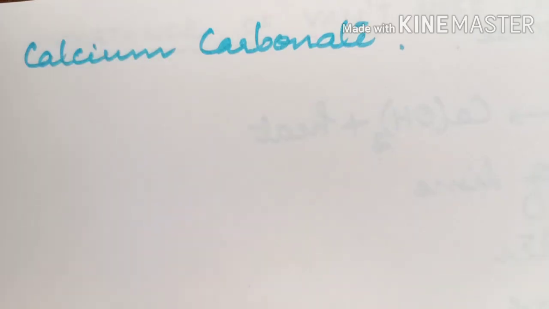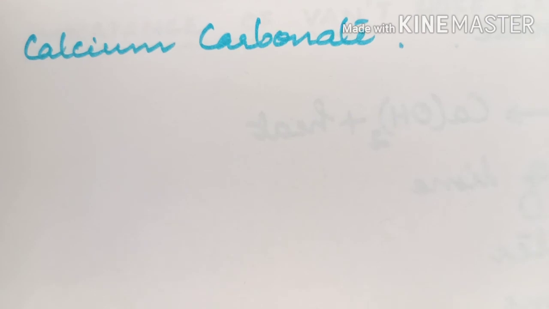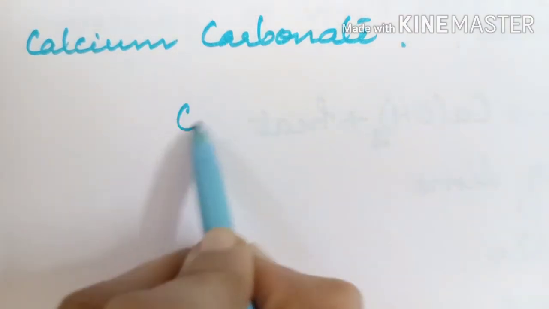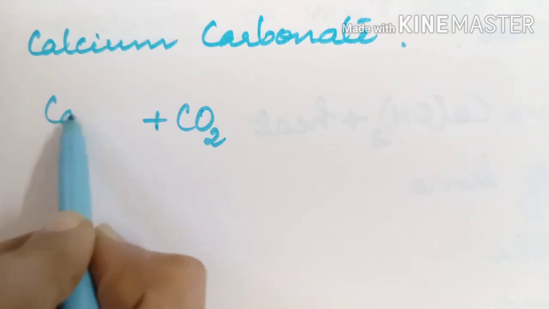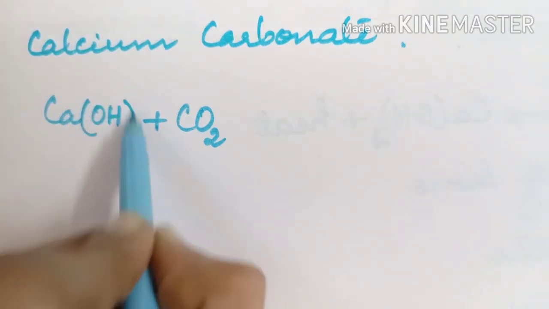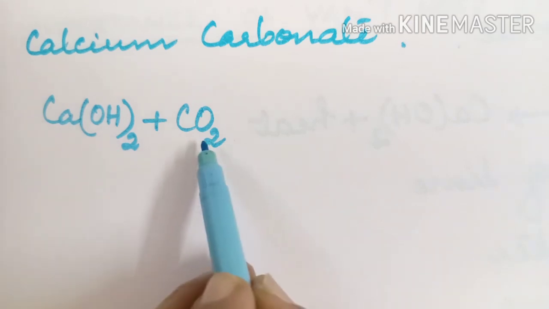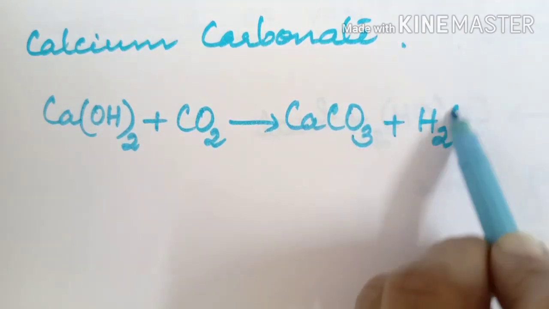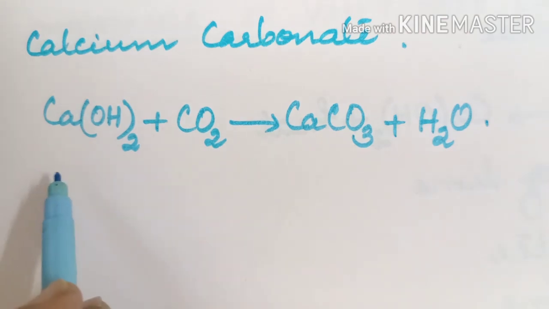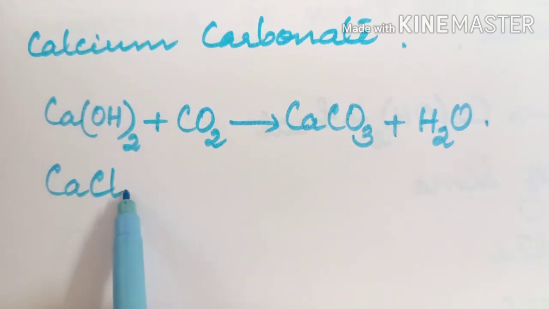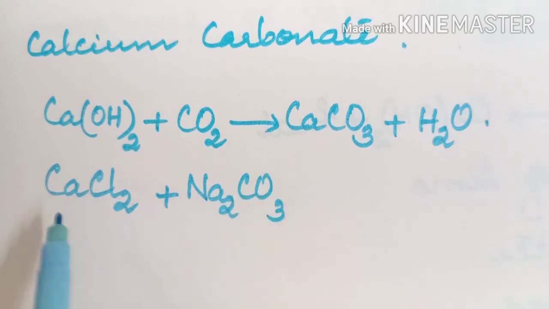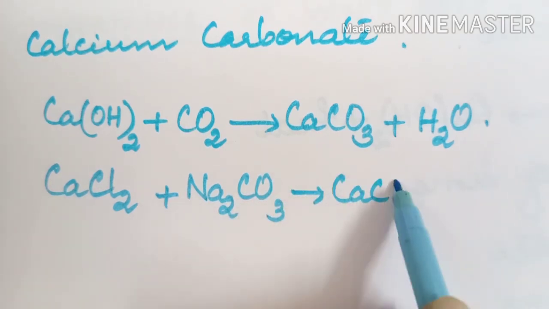Calcium carbonate normally occurs in nature in different forms like limestone, chalk, marble, etc. You find that it can also be prepared by passing carbon dioxide through slaked lime, that is calcium hydroxide. So when calcium hydroxide reacts with carbon dioxide, it forms calcium carbonate along with water. It can also be prepared by treating calcium compounds like calcium chloride with sodium carbonate. So what you get? It forms calcium carbonate